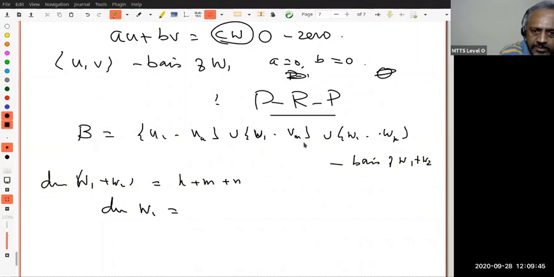Notice that this is a basis, U1 to UK, V1 to VM. Therefore, it is K plus M. And what is the dimension of W2? That is K plus N. You follow that? Notice that, as I said, this is your A,